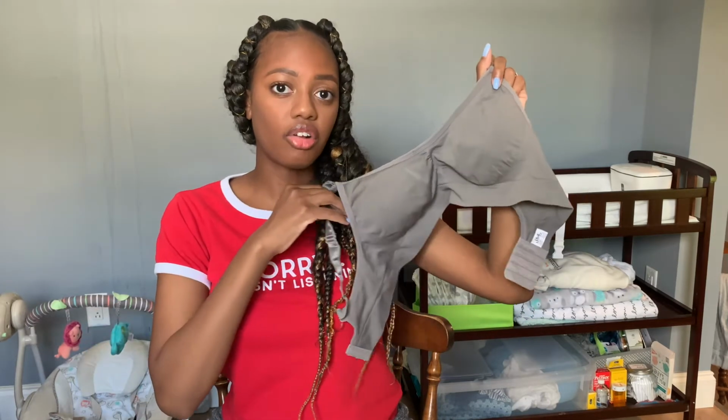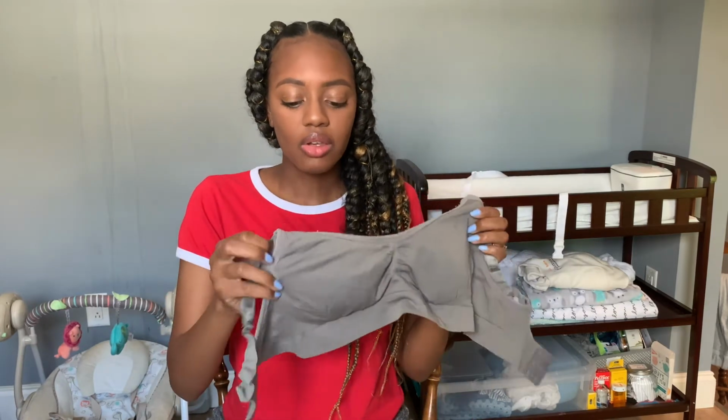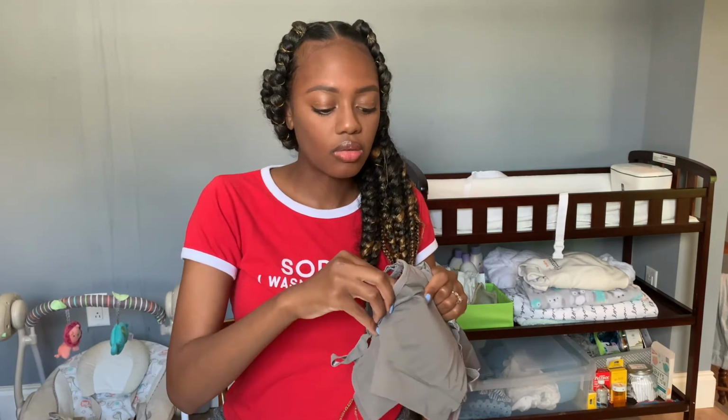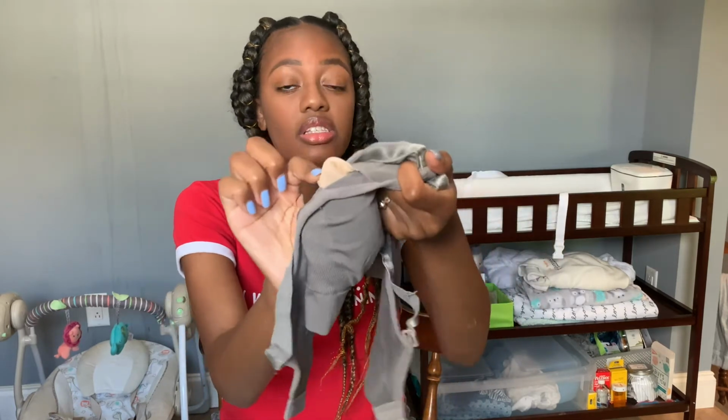This is the gray one that I have. It is from Amazon, and I like these, but I think I can get something a little bit better. I don't like the padding inside of them, that's the only thing. So if you look right here, I don't know if you can see that, but there's a pad inside of here,